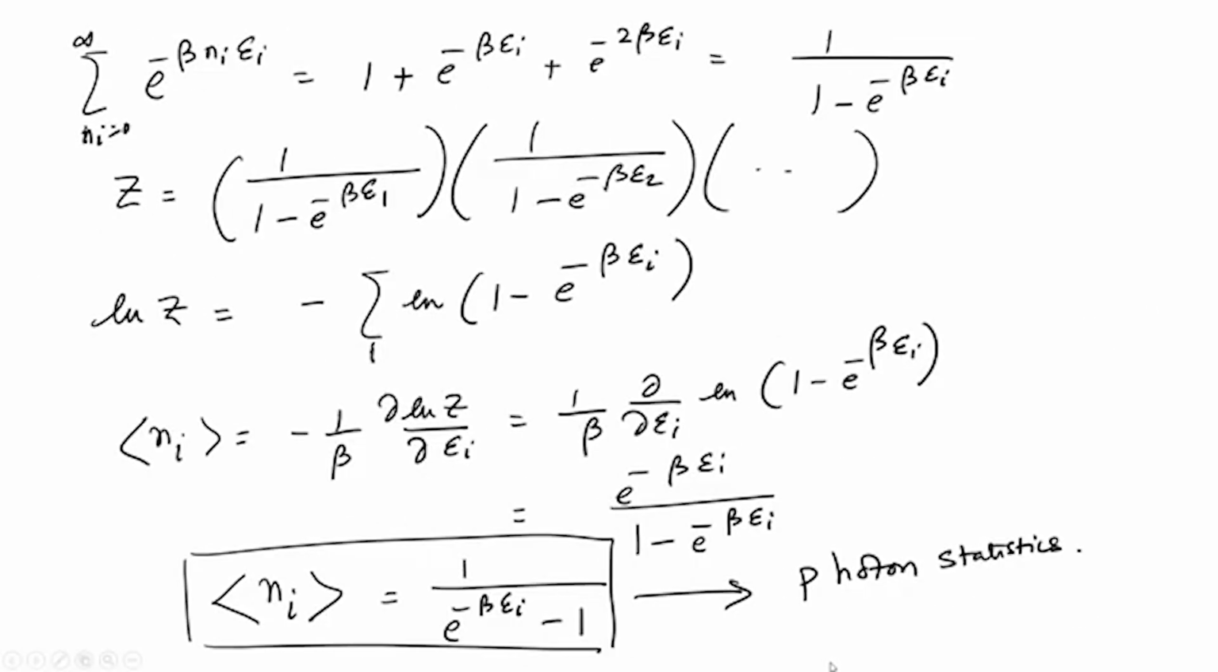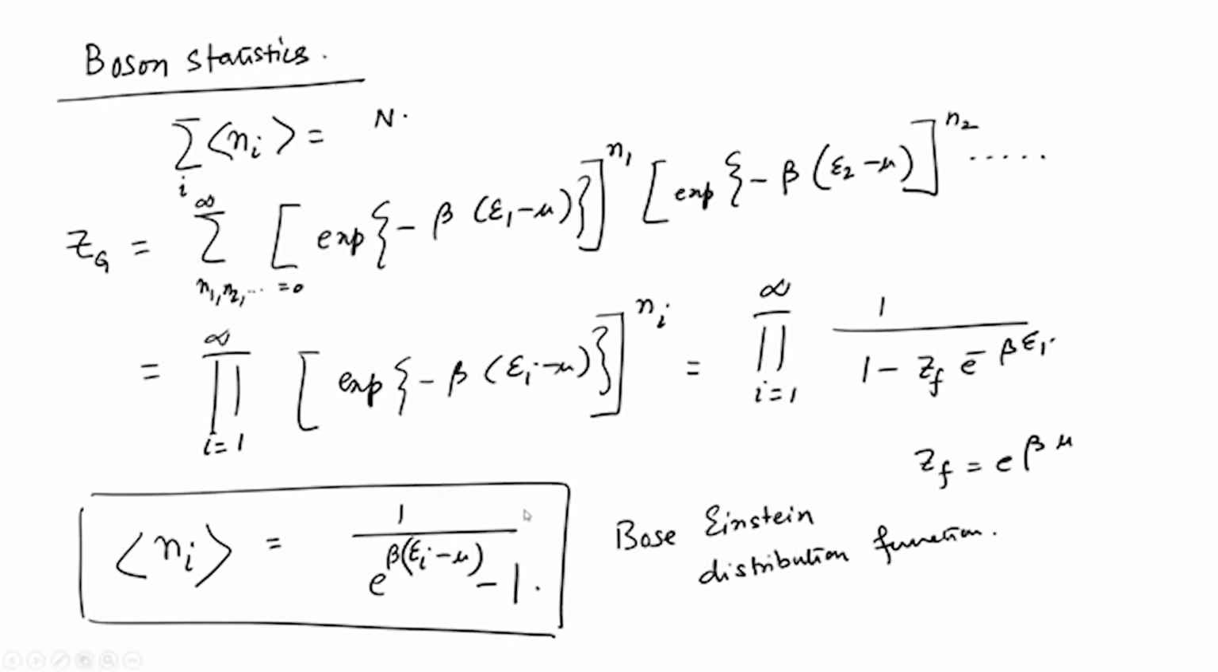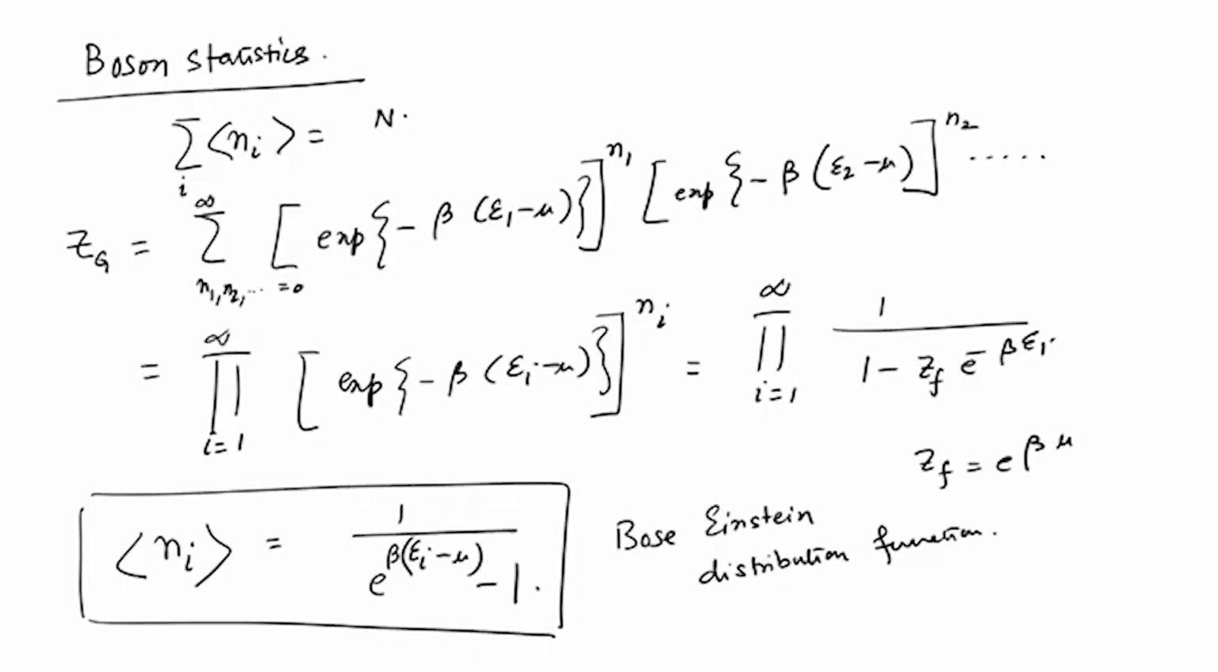Then the photon statistics is 1 divided by exponential beta epsilon I minus 1. Of course, you divide by the exponential minus beta epsilon I. So, this gives rise to the photon statistics, where there is no mu, or mu is identically equal to 0. For other kinds of bosons that follow these statistics, they are identical, but any number of particles can occupy any given energy state, and this is called the Bose-Einstein distribution function, which is 1 by exponential beta epsilon minus mu, minus 1,